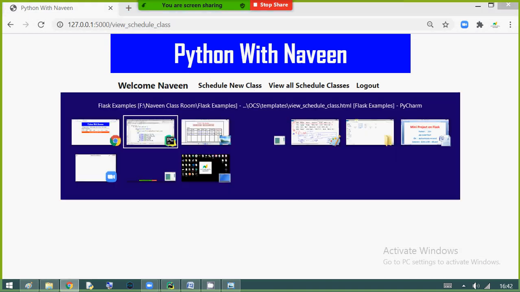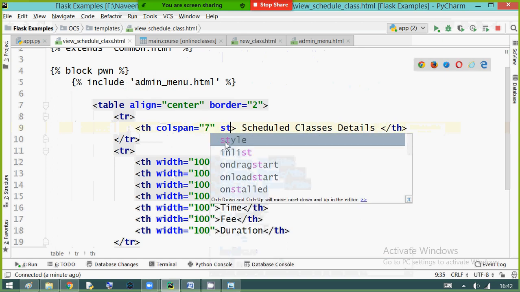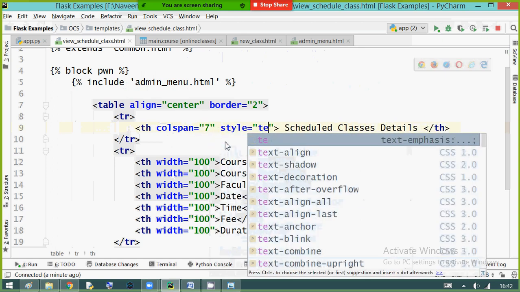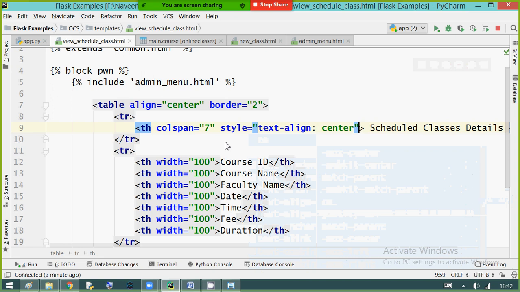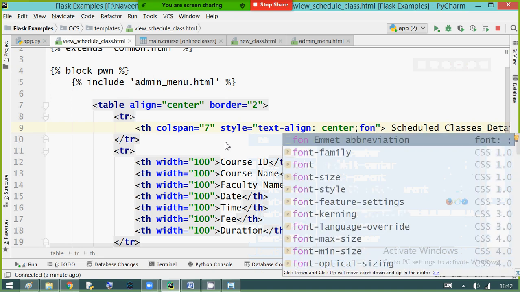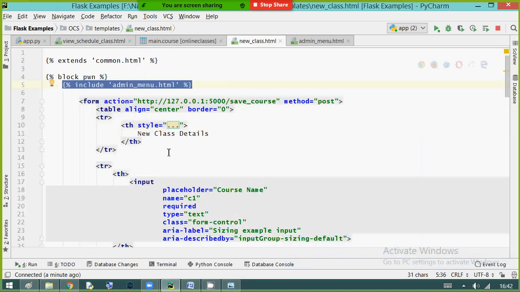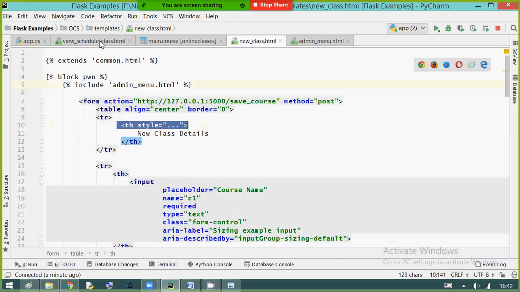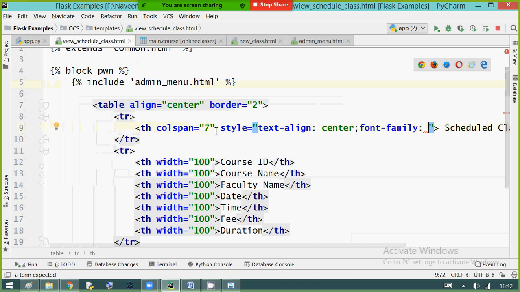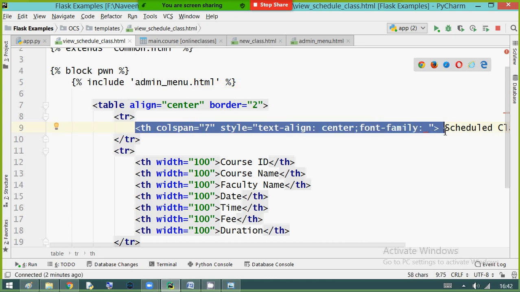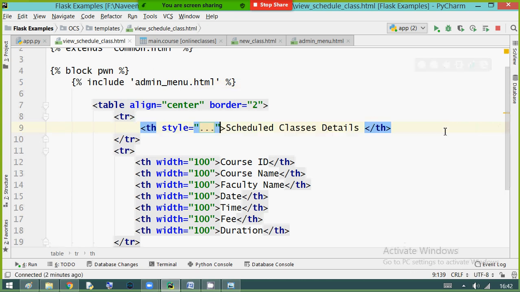Later you can give some styles: text align center, font family. Previously we have given for new class, same thing, we can copy that. Instead of writing again and again, I'm just copying that repeatedly. That's it. Okay, so let me give colspan, don't forget, colspan I'm giving as 7.